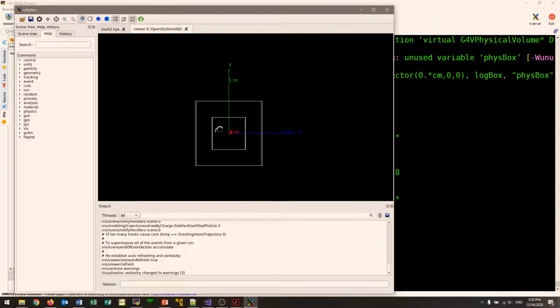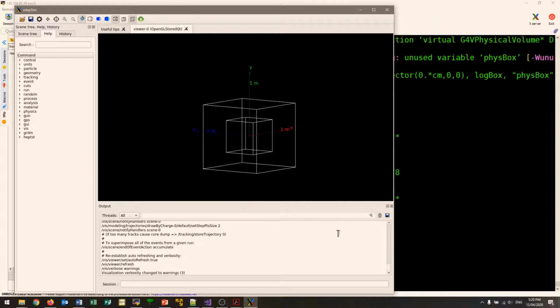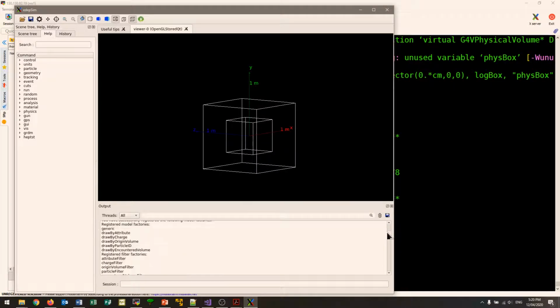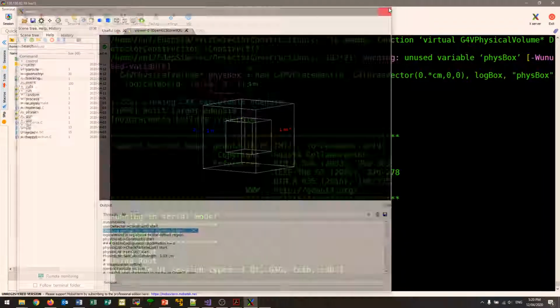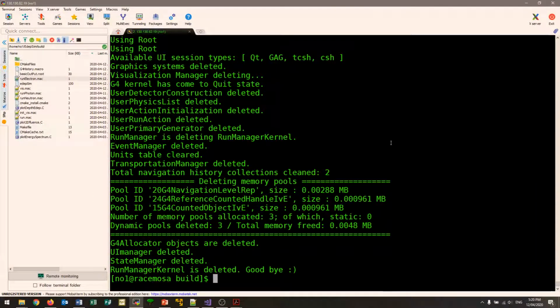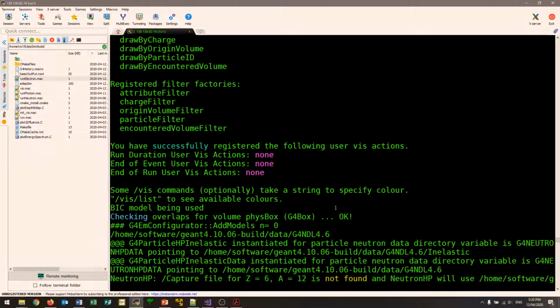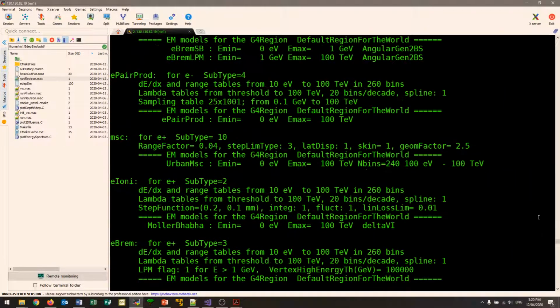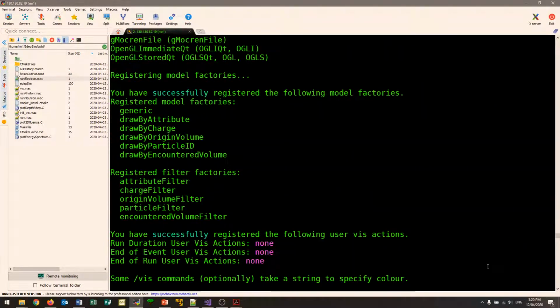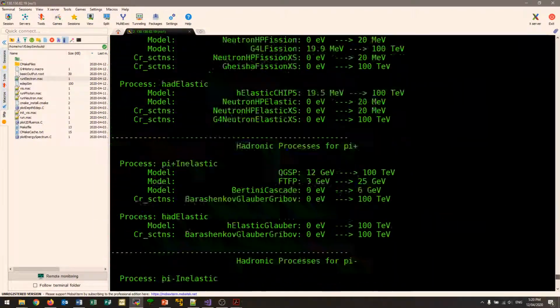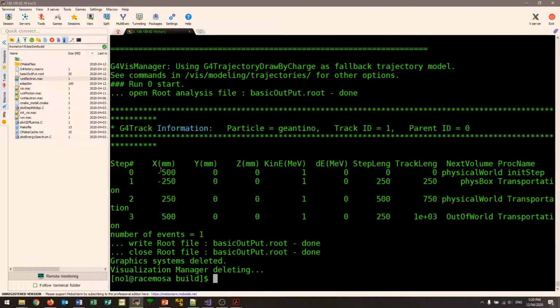and see, we're now fully in our world volume. So if we scroll down, it places the G4 box, and it's okay now since it's fully inside the world volume. And similarly, if we ran it with the macro, we again see okay there. So if we scroll down, we can see